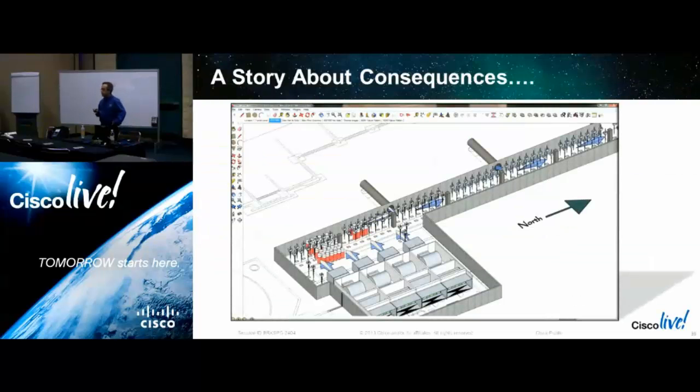And speaking of a lot of right answers, we got a quick story here. This is actually a true story that Chris and I did last year. It's a story about consequences and not having decent governance and not having the right conversations at the right time. We went in as a result of what's called a cap case. It's one of those things where something goes horribly wrong and it's a great big fat hairy fire drill, and you parachute in and find out what happened, why, and how to fix it.